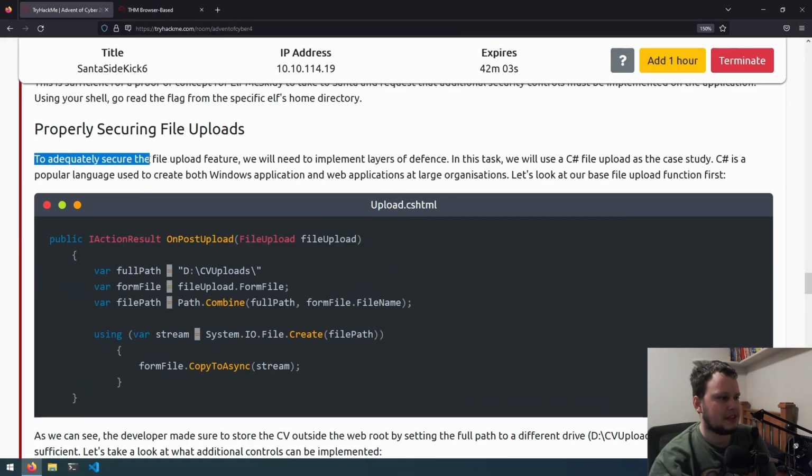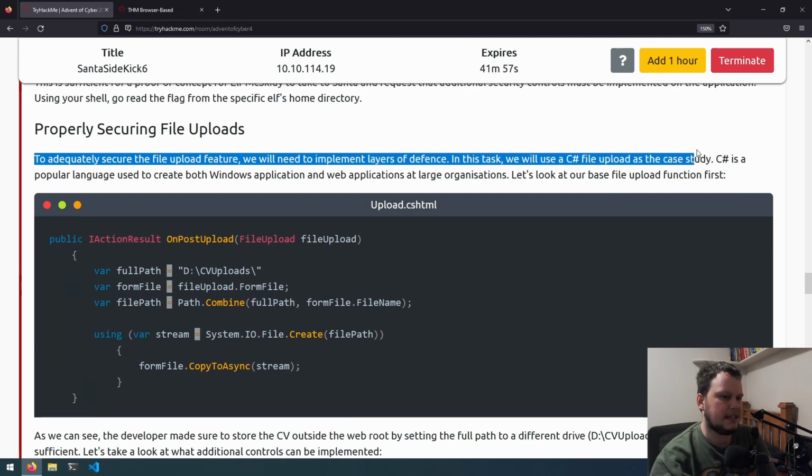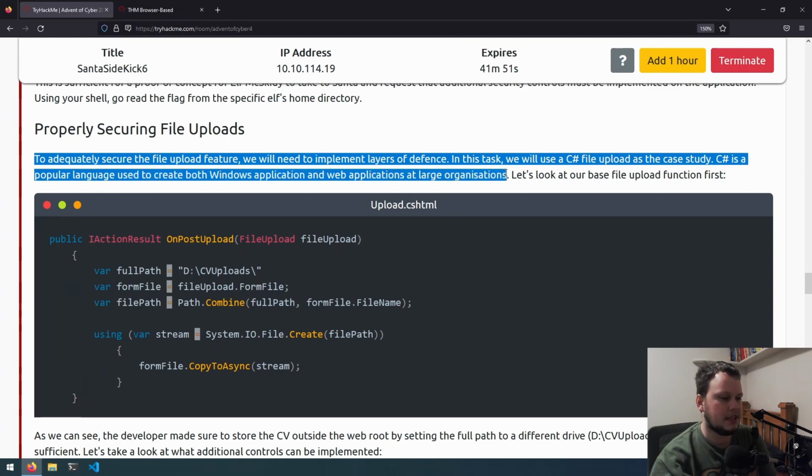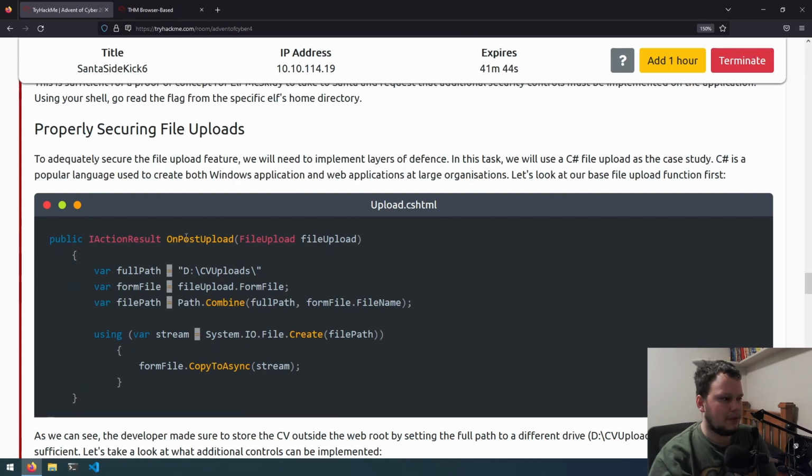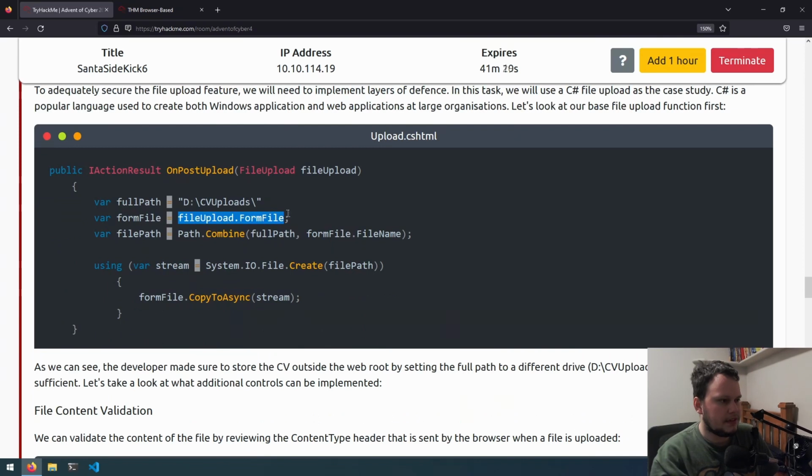To adequately secure the file upload feature, we'll need to implement layers of defense. In this task, we will use a C# file upload as the case study. C# is a popular language used to create both Windows applications and web applications at large organizations. Let's look at our base file upload function first. So when the post request is made, it receives a file that's uploaded. It then uploads the file to dcvuploads, then grabs the name of the file that's uploaded, and then creates a path